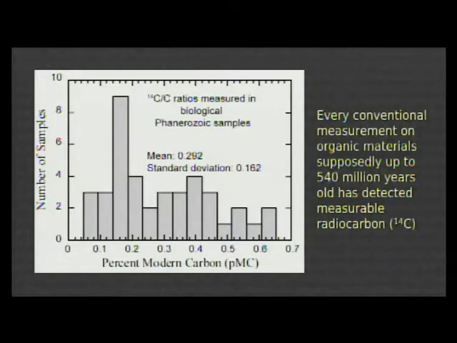But of course they refused to accept that. Even though they've published it in the literature, and you can search the literature, the journal Radiocarbon, for example, you will find that materials that conventionally are dated as far back as 540 million years old have all been analysed, and they have detectable, measurable radiocarbon in them, which they should conclude means that those samples are not millions of years old.